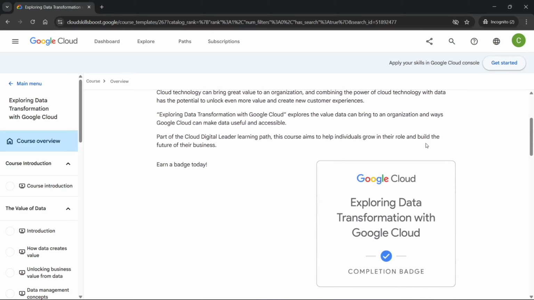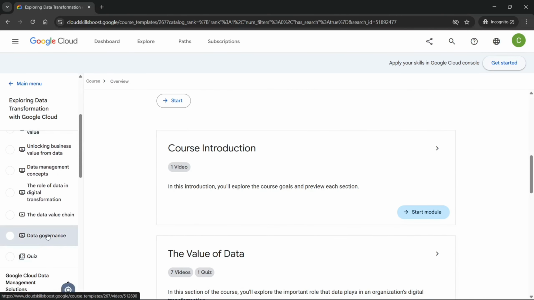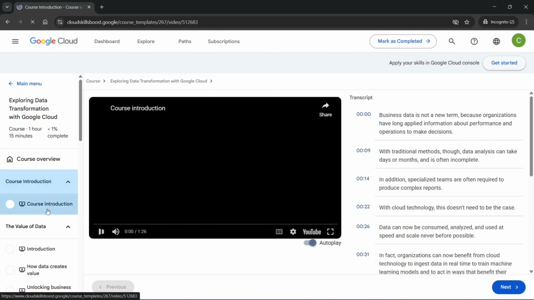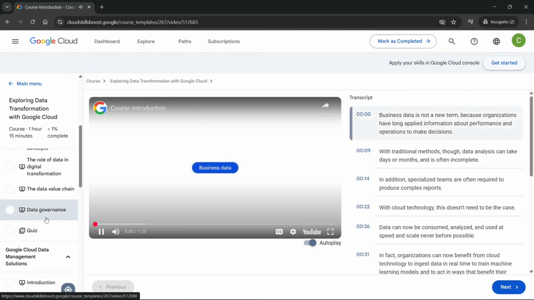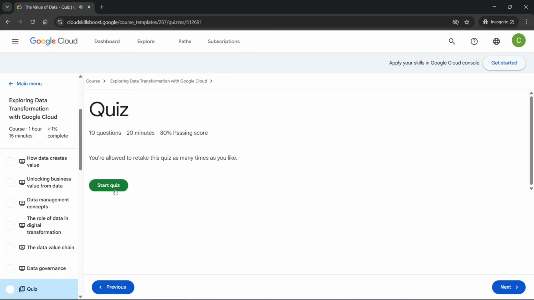Now it's not necessary to complete every single part of the lab. If you want, you can simply skip directly to the quizzes and complete them. Also, keep in mind, the quiz questions can be shuffled. That means, what appears as question 1 for me might show up as question 5 for you. So, just carefully match the questions and select the right answers accordingly.